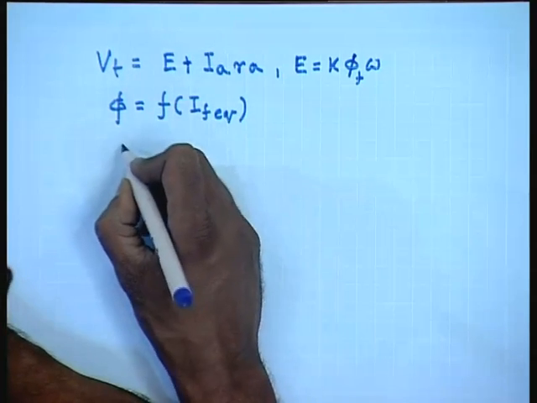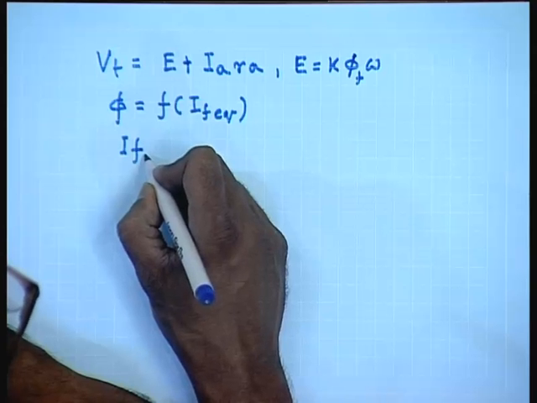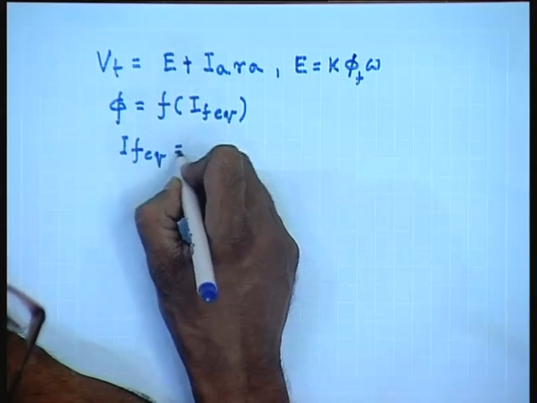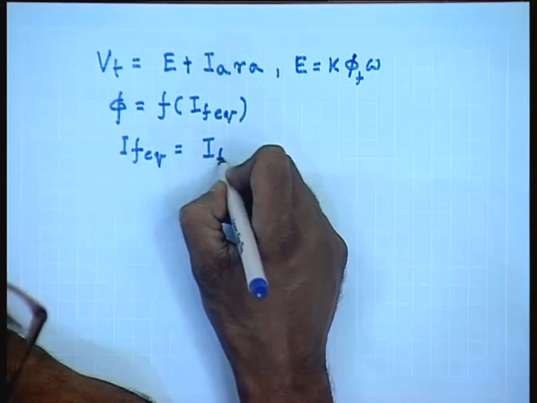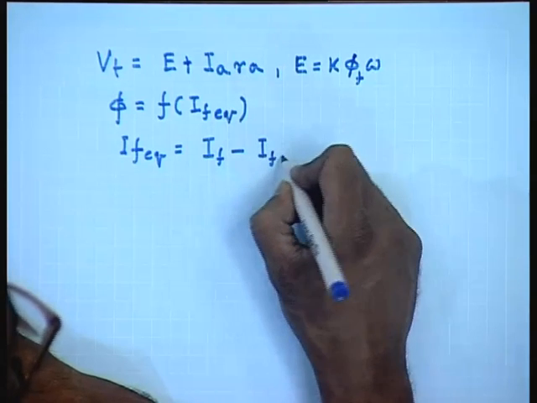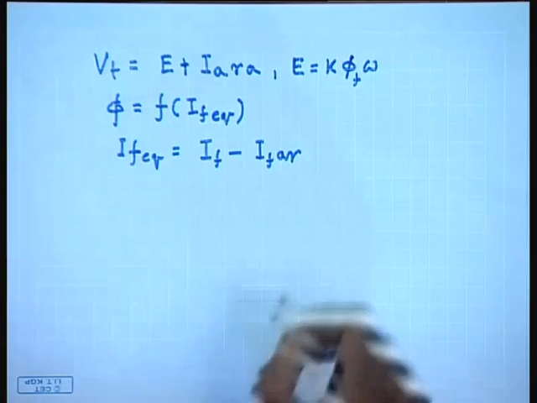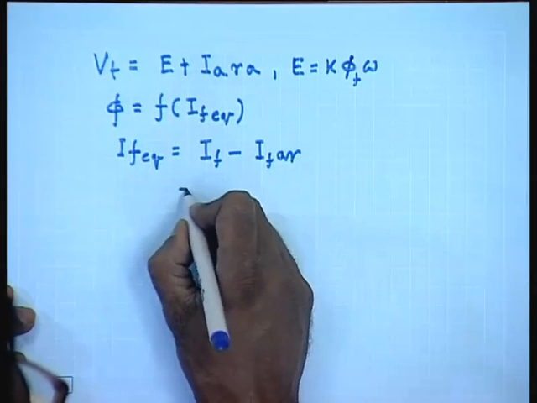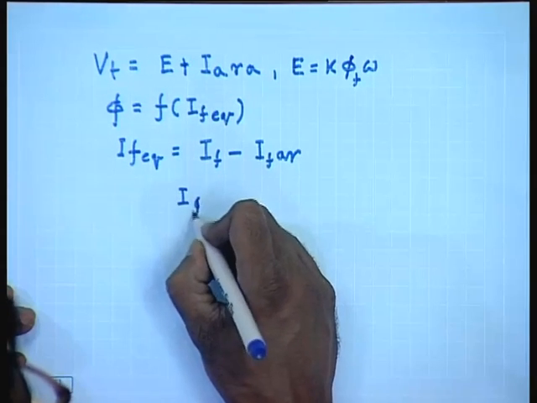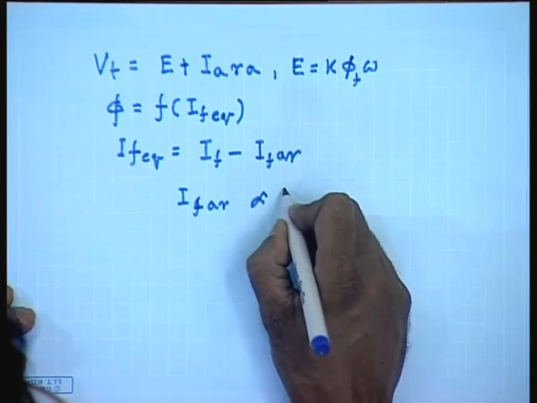Now, phi f equivalent corresponds to If equivalent equal to If minus If corresponding to armature reaction. Now, If armature reaction in most cases is proportional to